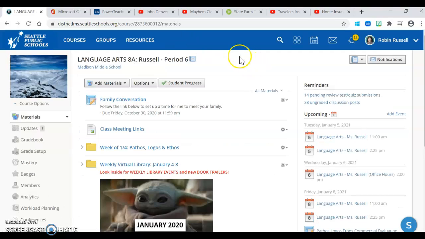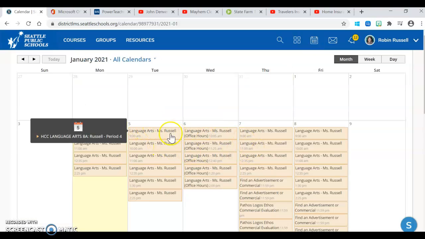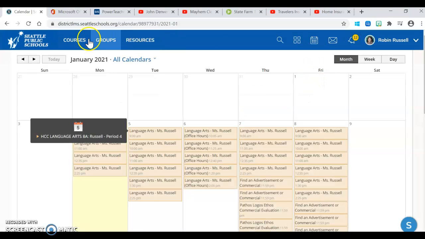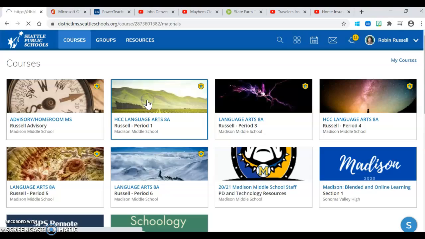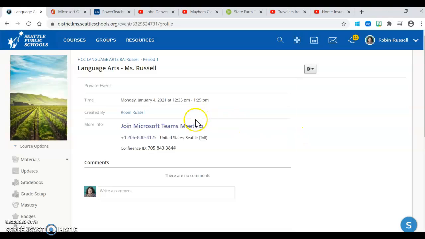As always, there are 3 ways to find the links, actually 4 ways to find the links for class. You can open up the class meeting links, and you'll find the links there for class. You can also go to the calendar option, and you'll see the link there. If you open up a class, you'll notice the link is right there. You can also find the link on the right-hand side of your screen in the upcoming categories. If you click on one of those, you'll notice the link is also there. And finally, you'll find it in your